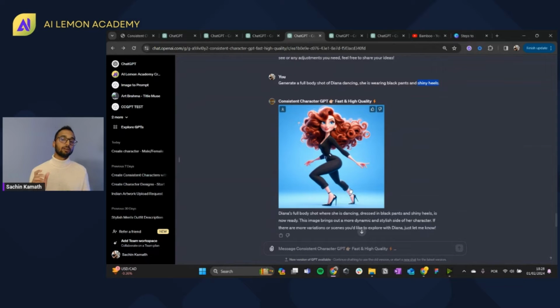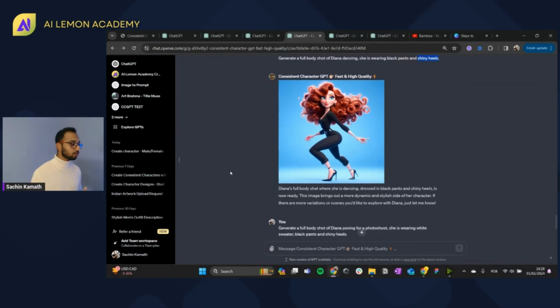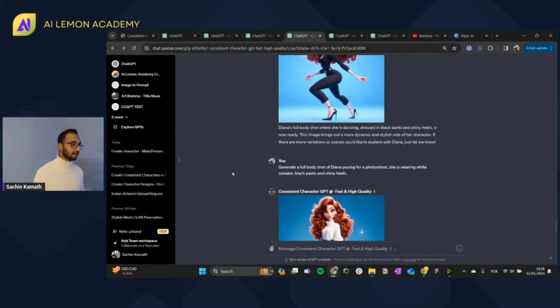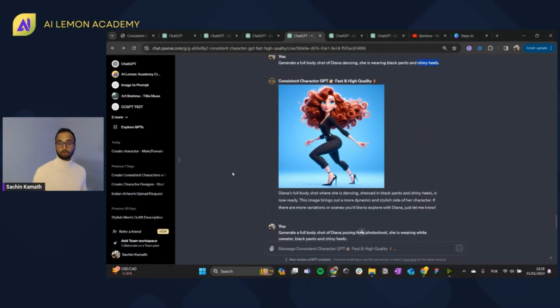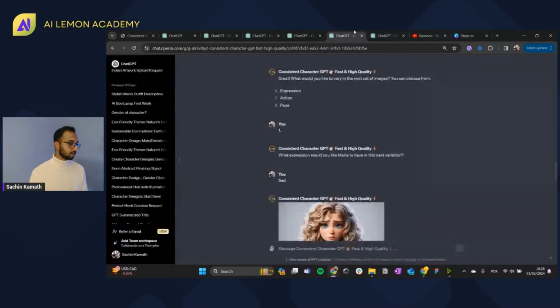So always try to give some kind of visual element where it knows that it has to create it, and then if the shoes are existing, then it's a full body pose, right? So that's how you can trick it to get the right consistent characters and different poses of the body. So I think you can play a whole lot around over here, and this is the best you can get to at getting consistent characters across, right?